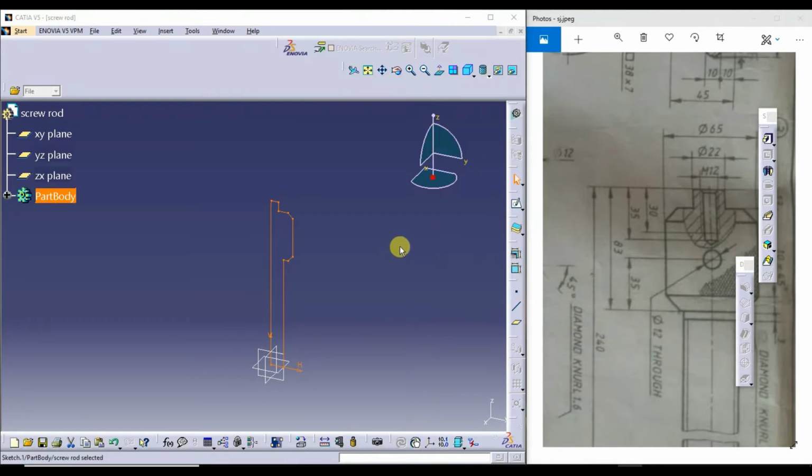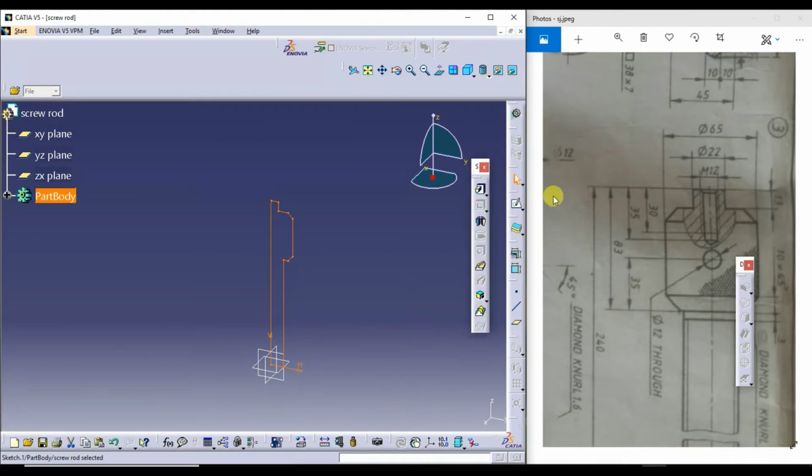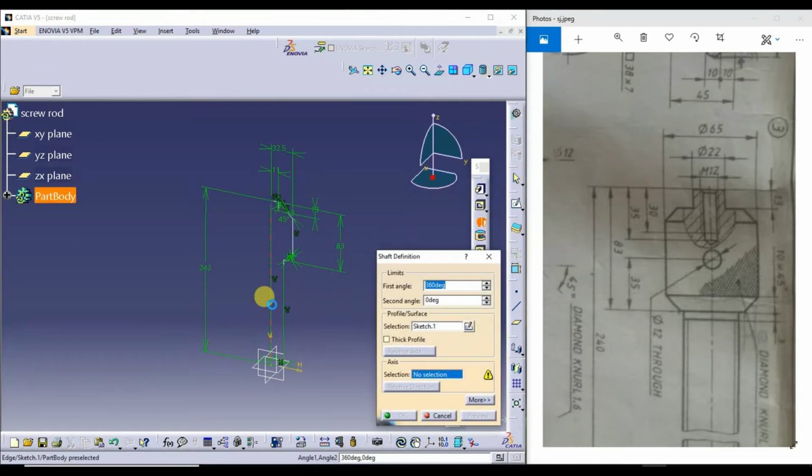So I'll go for the shaft command. Then I'll choose the axis. So 360 degree rotation.